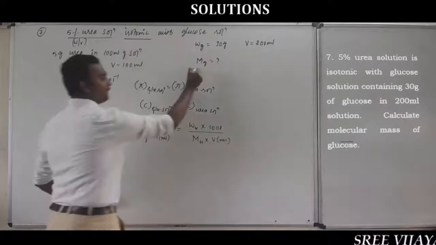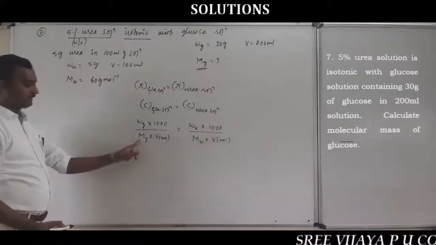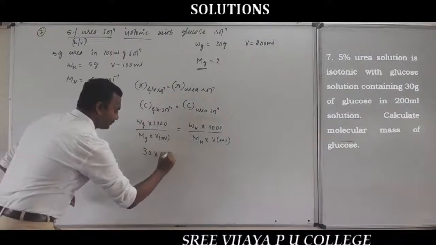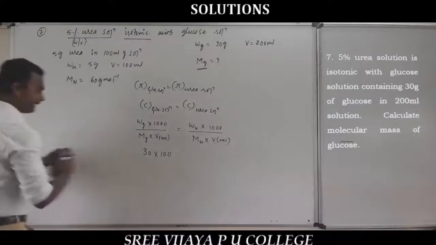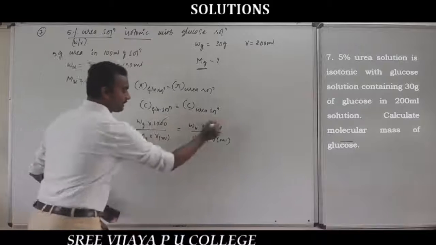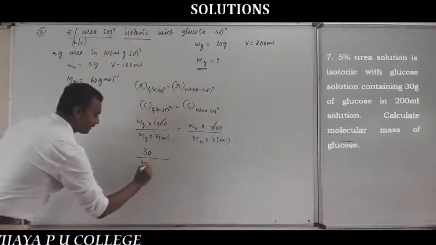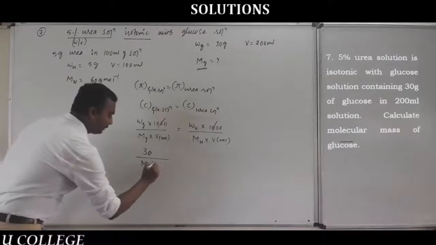What do you have to calculate? You have to calculate the molar mass of glucose. What is the mass of glucose given? That is 30, into 1000. So 1000 will cancel already. So 30 divided by the molar mass of glucose, which we have to calculate, into